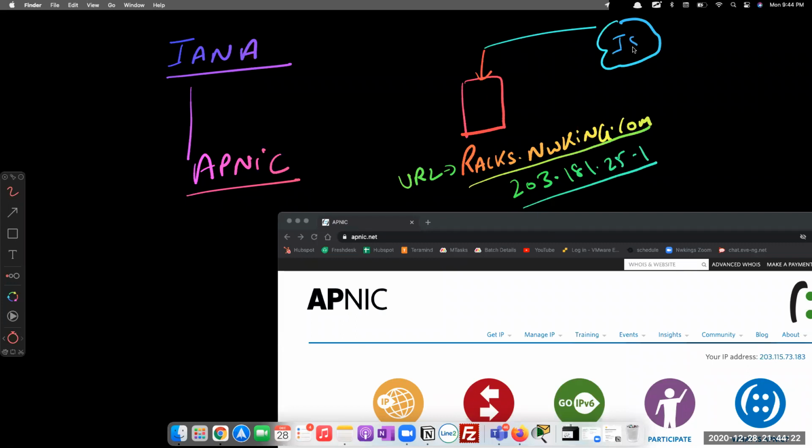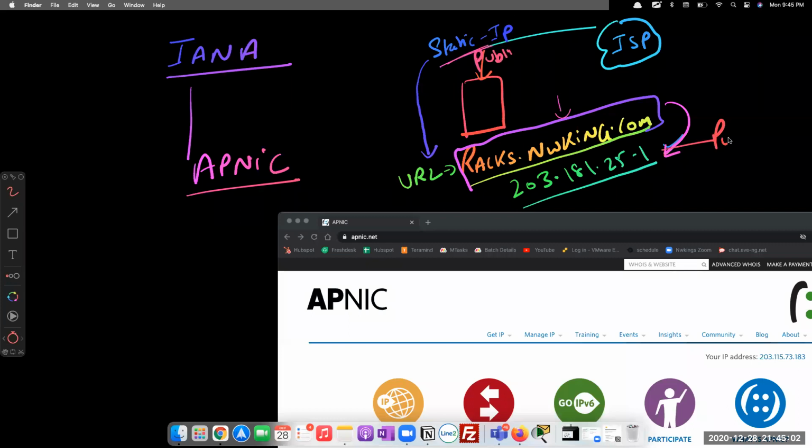From my ISP. I just bought one single IP or maybe two IPs, that is known as a static IP. This is my static IP, and I have entered it into my DNS so that if anybody goes to racks.com, it will redirect to this. That is a DNS entry I need to create for my website. So a static IP is to access anything from the internet. A static IP is a public IP.